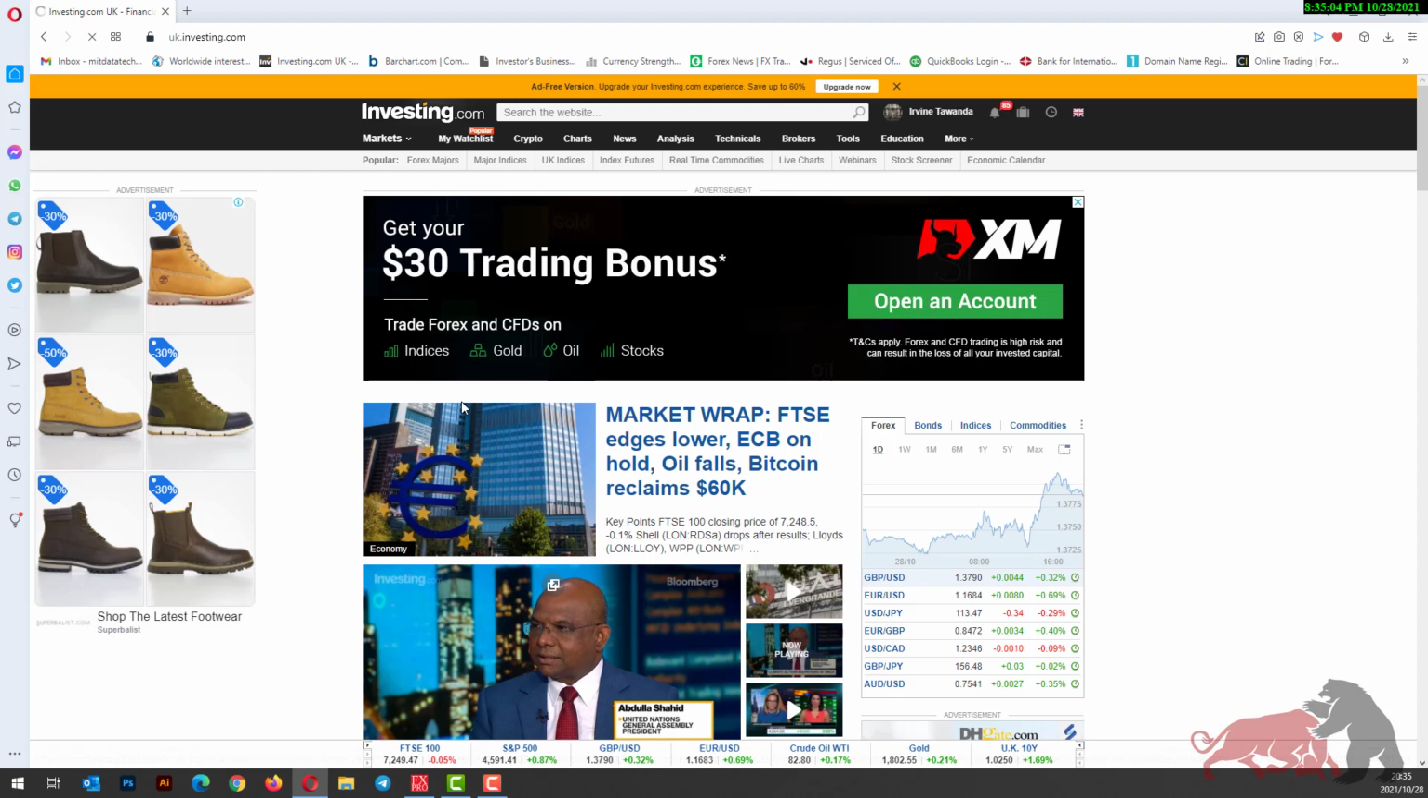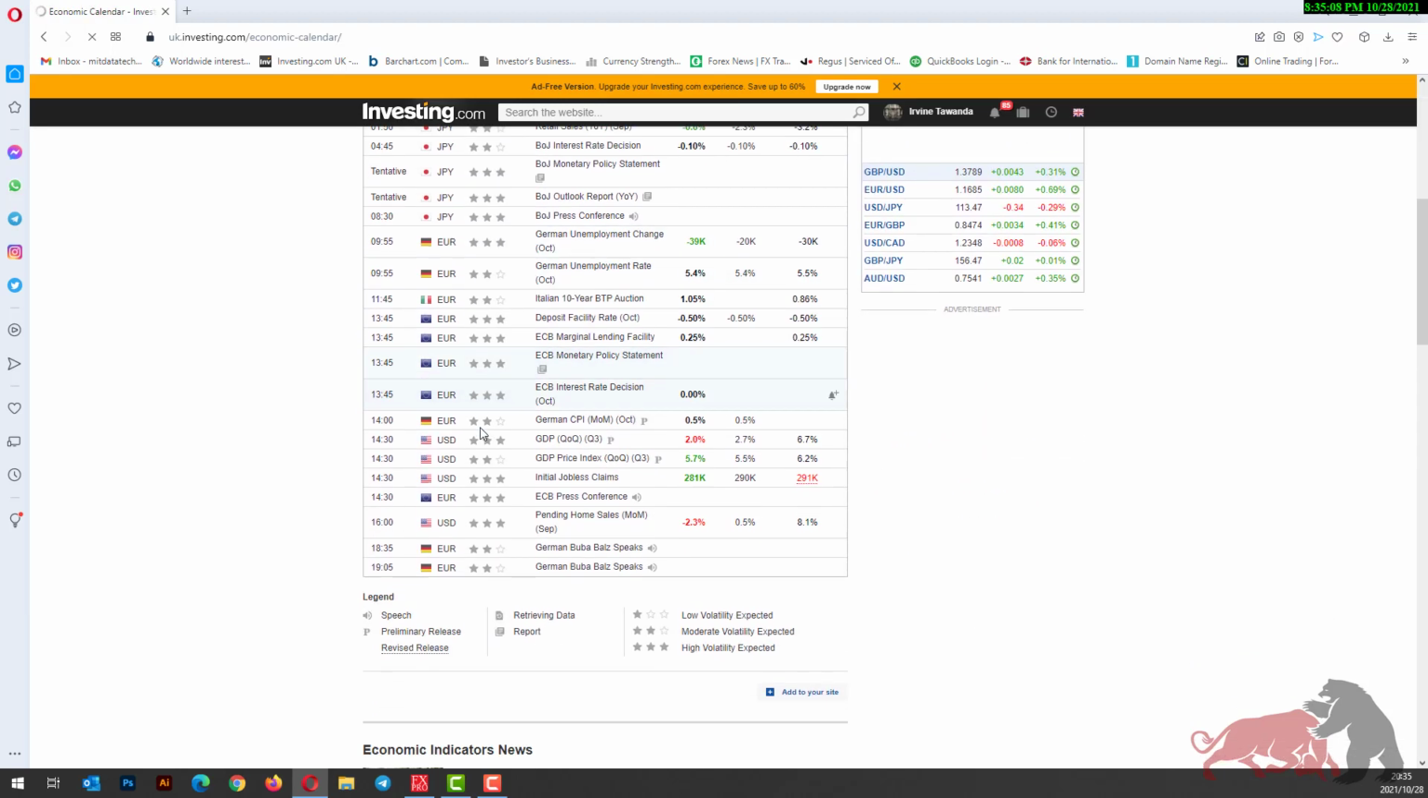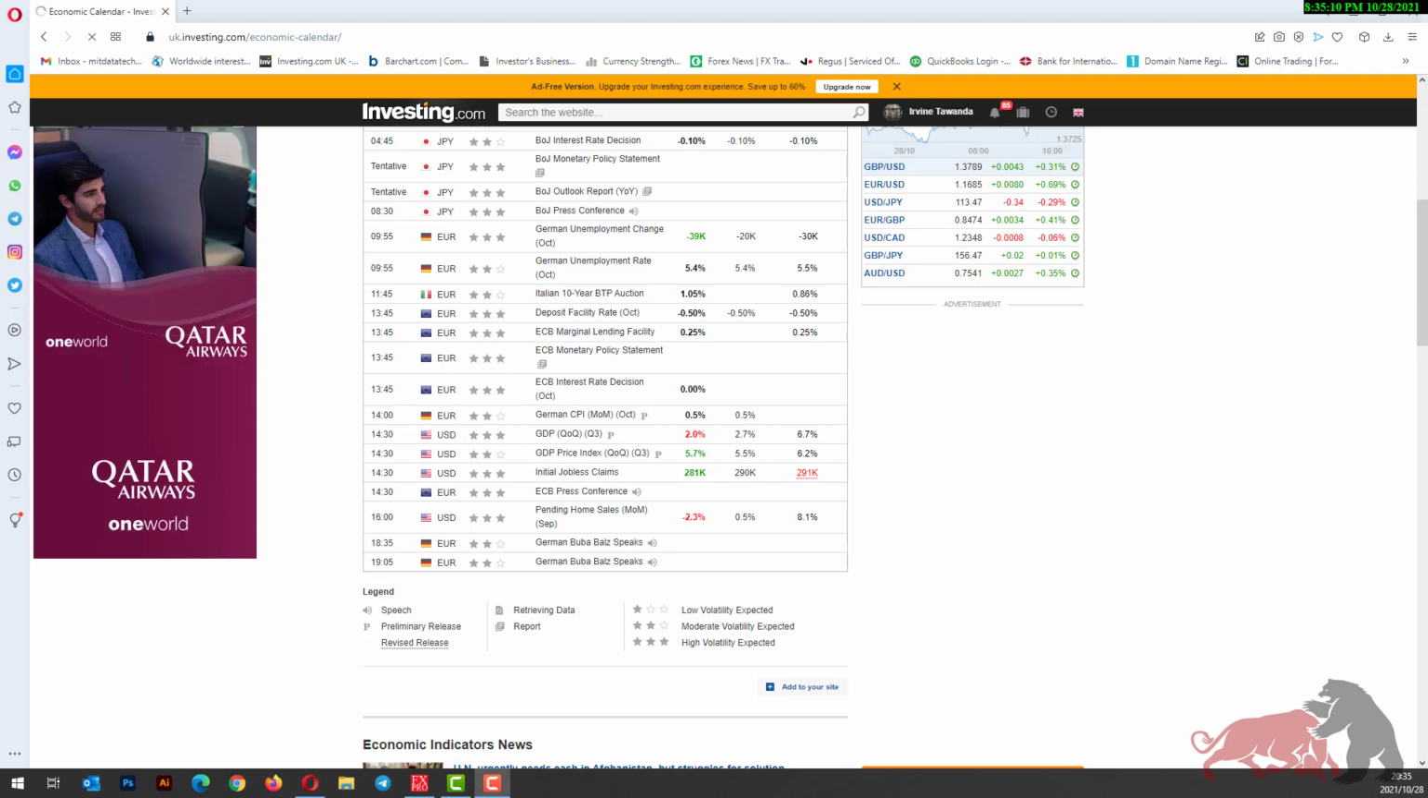So if we come to investing.com and then we go to the calendar, then you're gonna see the fundamentals that I'm talking about. I'm talking about the GDP, right, which was very negative. It missed the forecast by almost 0.07%, and that's a big gap. Then we had the GDP price index, which was positive, and then we had the initial jobless claims, which were